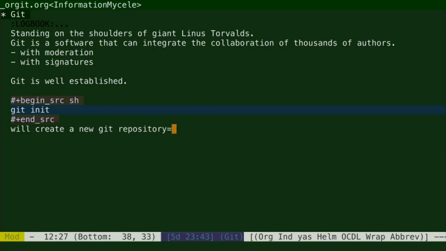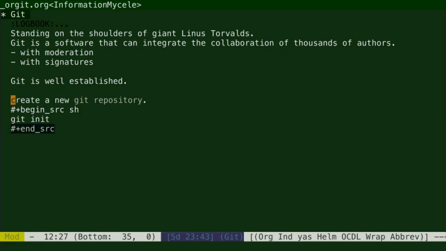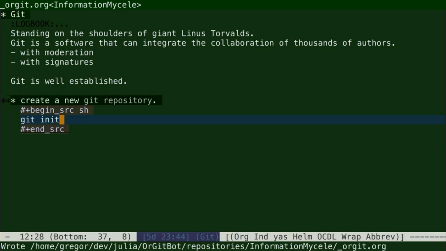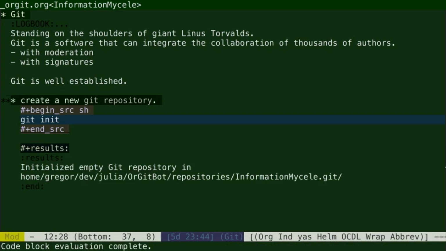Overall, Git is well established. It's used by hundreds of thousands of people, developers. It's the de facto standard for software development. And it's quite simple today to use. So first, initially, we need to create a Git repository. A Git repository is basically a directory tree that is versioned with Git, so a directory tree where you can work with other people on the files asynchronously. A little bit like a Dropbox folder.